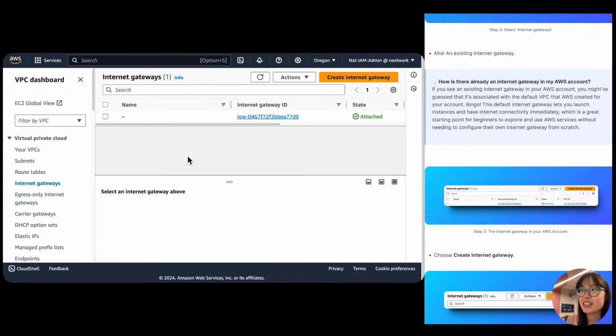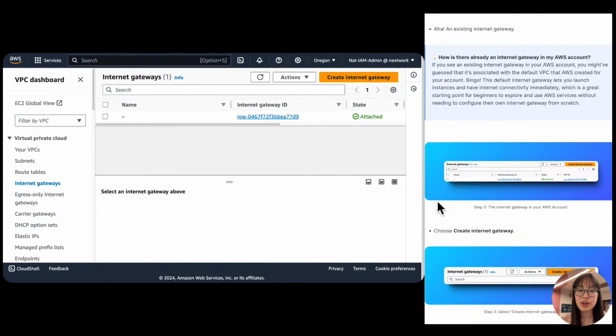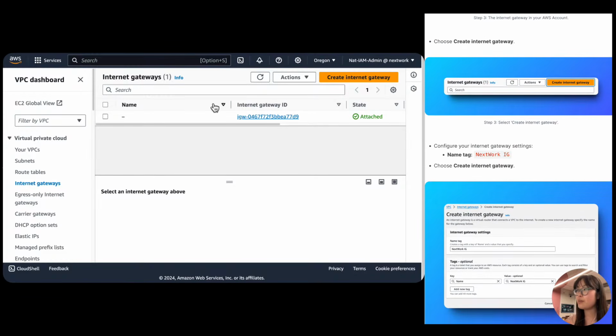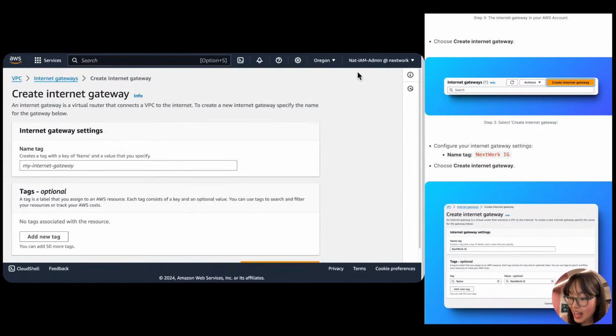So the purpose of having this default internet gateway in your account without you even knowing this whole time is the same reason as why there's been a VPC in your account this whole time without you really knowing. It is just so that if you ever wanted to create and deploy an EC2 instance that has access to the public internet, you are able to do that by default, without needing to create an internet gateway from scratch yourself. So let us get started by clicking on Create Internet Gateway, and